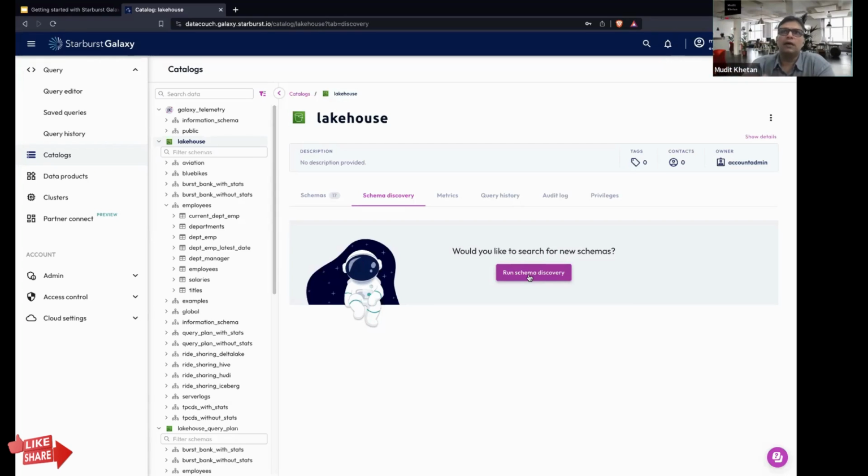You can run schema discovery every few times, let's say once a week or a couple of times a week. And whenever there is a new schema added, nobody needs to publish it or to announce it in a blog post or in a company channel and so on. You simply run schema discovery, you find that new schemas are available, and you start working with them directly.